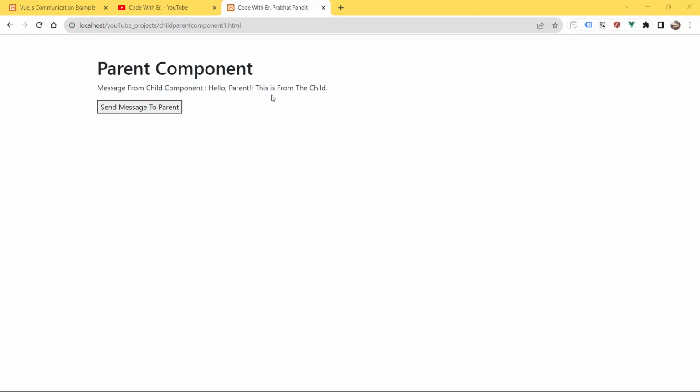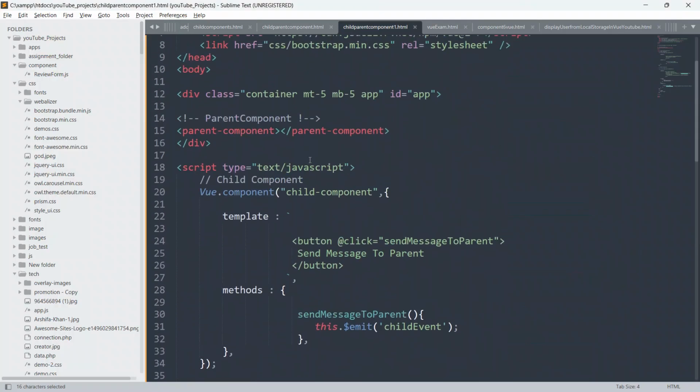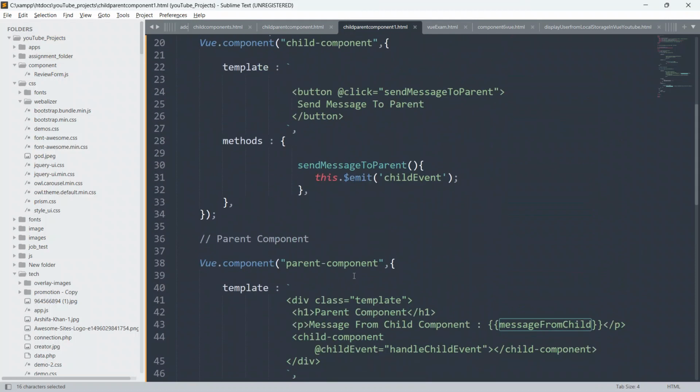So guys, this was a very basic example of how a child component can communicate with its parent component, and how a parent component listens to the signal, the message coming from the child component, which is emitted by the emit function.